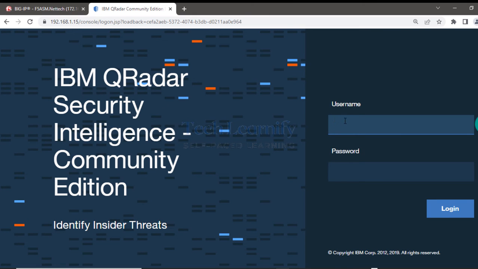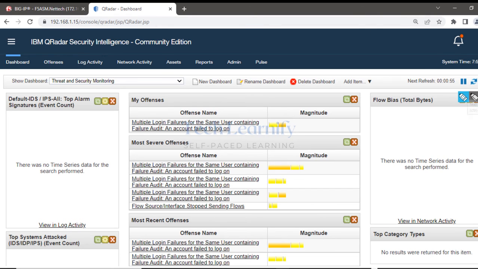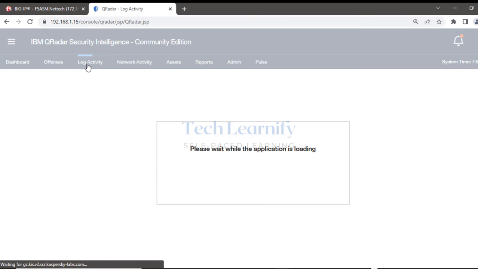So this screen is IBM QRadar Security Intelligence Community Edition. Let me log in with my login credentials. All right, so in order to verify events, the log activity, we need to click here on log activity, and for net flows, network activity. So there are two different tabs. And admin is for all your administrative tasks. So just click here, log activity,